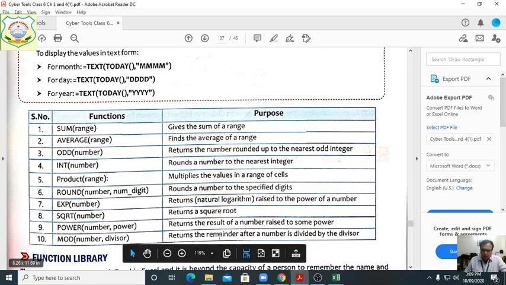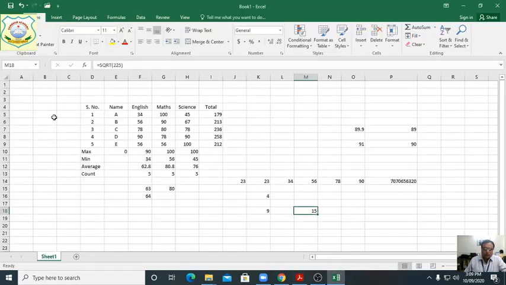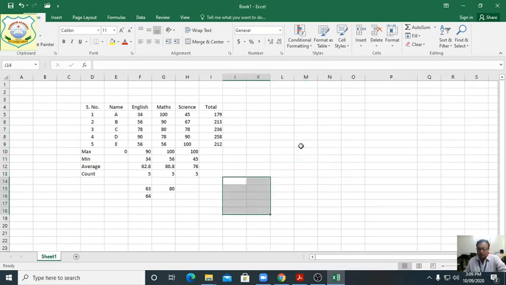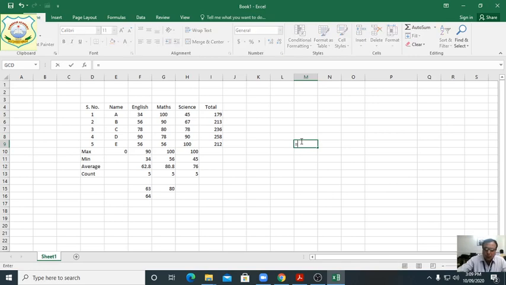After that, POWER. Power means what? See everyone. Equal POWER, always start from the equal sign, students. If you do not use the equal sign, your function in Excel will not work.